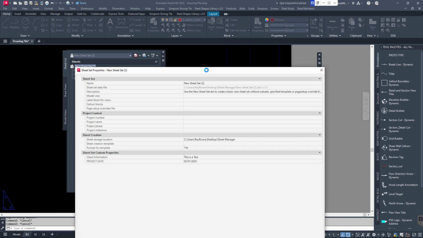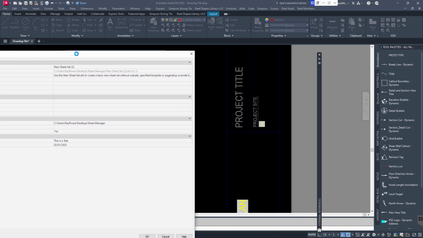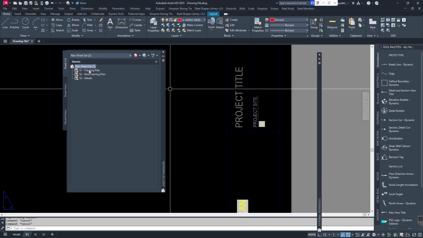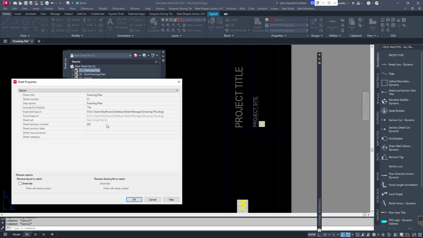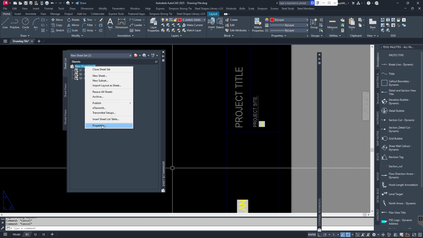Don't see it here. Let me see project site. Let's see if maybe it is a current sheet parameter only. Project site. I don't see it either here. So let's go back to here, properties,